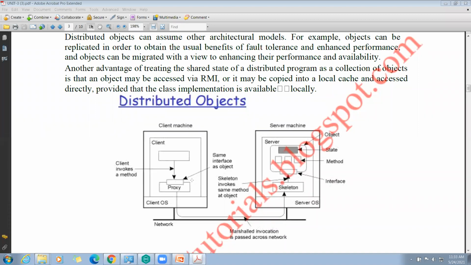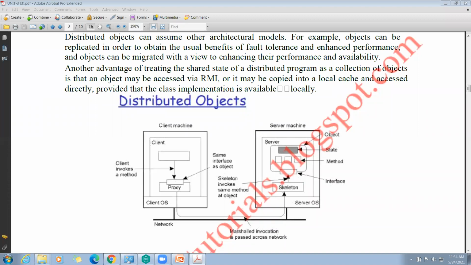See here, in our language, the client machine requested the object on the server. It is the remote object. See, the client request is passed through the proxy and across the network, and once it reaches the server side, all client invocations are routed through the skeleton.